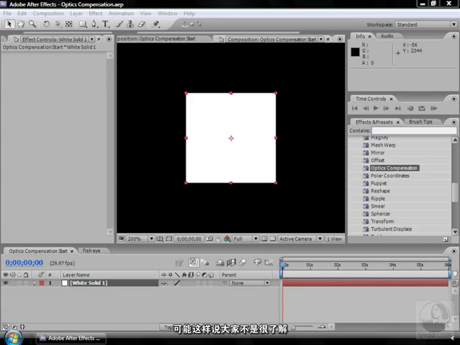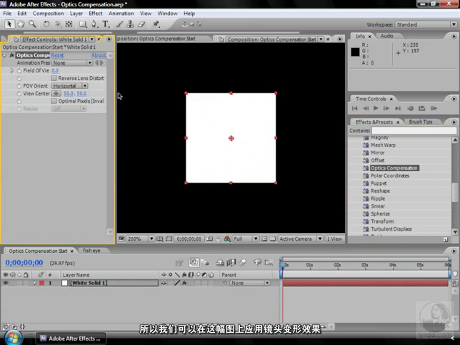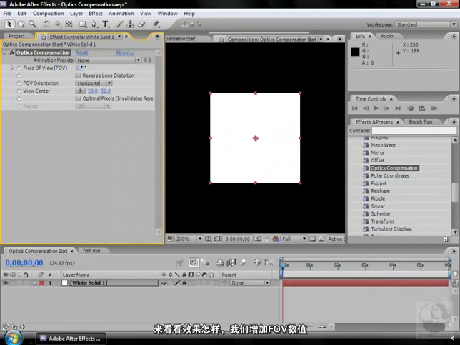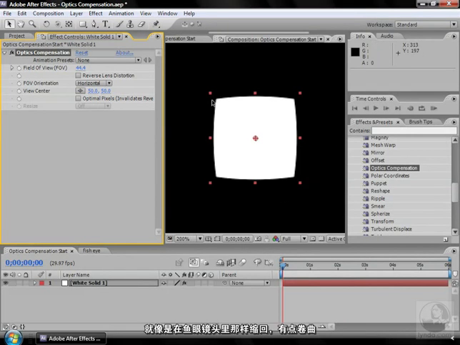So we have a non-real world example, just a simple example so we can get the idea, and then a more real world example. What we're going to do is add optics compensation to this solid. Just to get an idea of what the effect is doing, we're going to increase the field of view. So we're basically adding that pin cushion distortion to the solid. And you can see these edges retracting and bubbling up and curving as if we had a fisheye